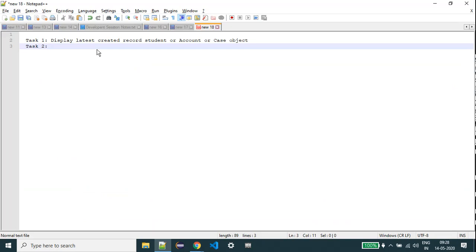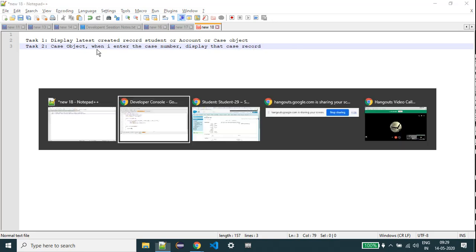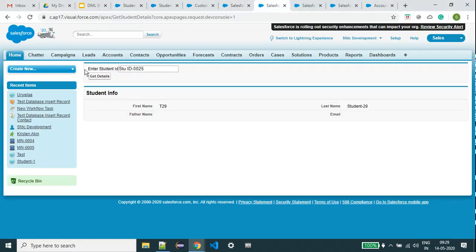I mention the object name. When I enter the case number, display that case related information, that case record. It is just similar: enter student ID, get details. I want to display. Okay, this is only for SOQL.